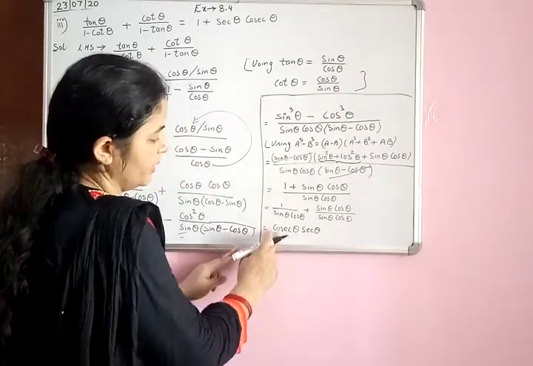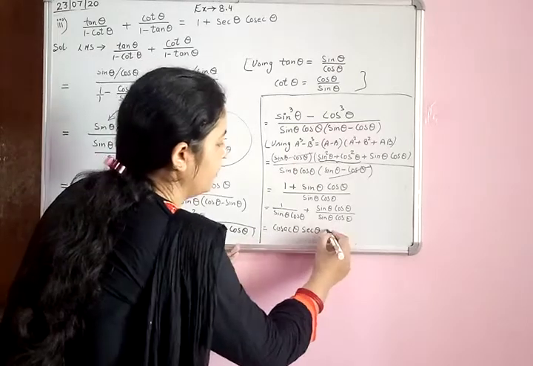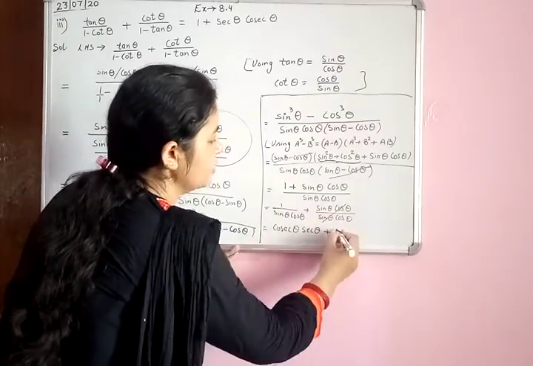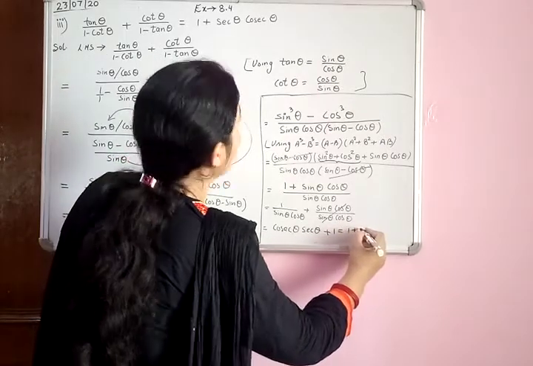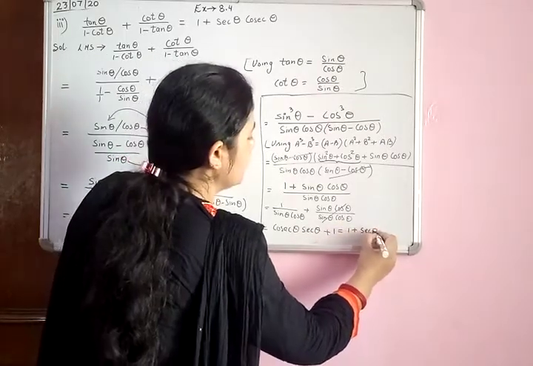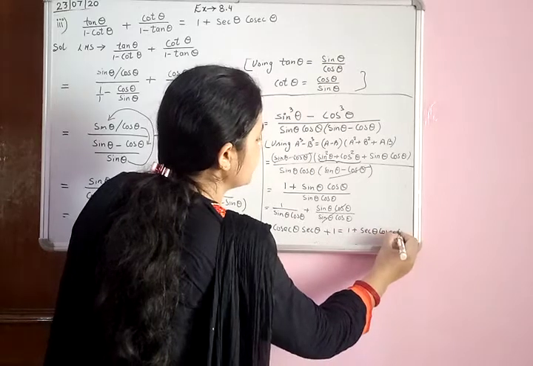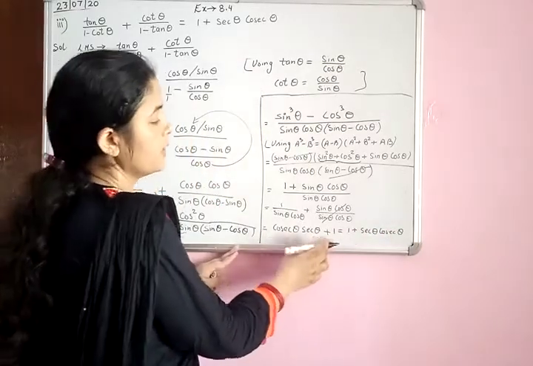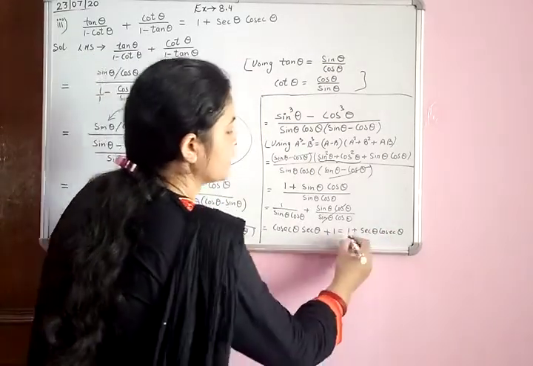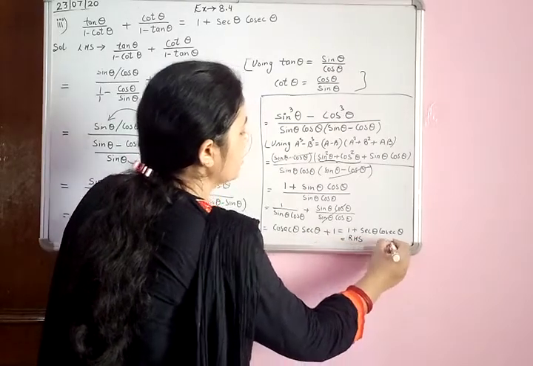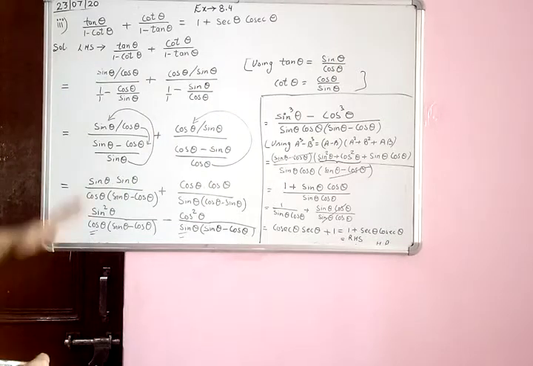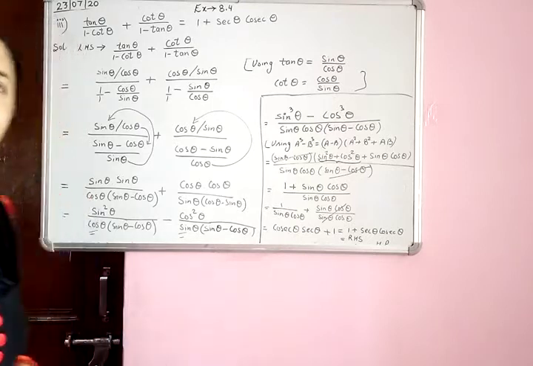Okay, so this will become cosec theta into sec theta plus sin theta cos theta cancel, so it is 1. So we can write it as 1 plus sec theta into cosec theta. I have arranged these two terms as 1 plus sec theta into cosec theta, which is equal to right hand side, hence proved. Okay, so I hope this will be clear to you all. You can practice this question 2 or 3 times.